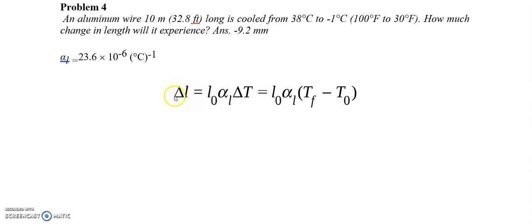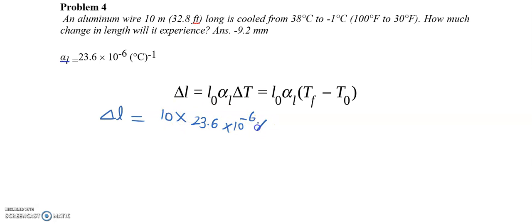This equation is delta L, change in length, is equal to L naught, the original length, times alpha L, the coefficient of thermal expansion, times change in temperature. Change in temperature is the final temperature minus the initial temperature. So in this case, delta L is equal to the original length, 10 meter, multiplied by alpha L, which for aluminium is given as 23.6 into 10 to the power minus 6 per degree centigrade,